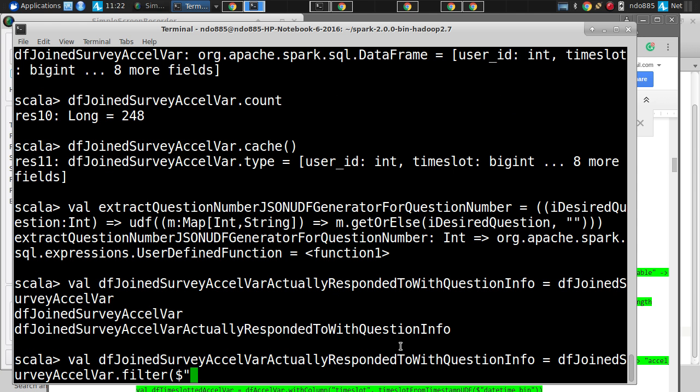How do we tell if this has been responded to? It's not blank. Well, its duration is not greater than or equal to 0. It's not been canceled. It's not been expired. With column Q1 info. And what are we going to have for this column? We're going to have extract question